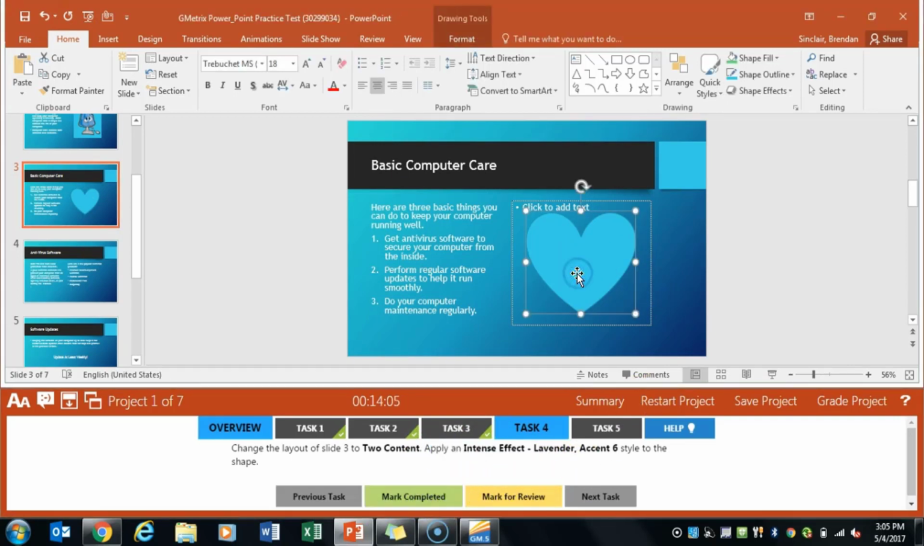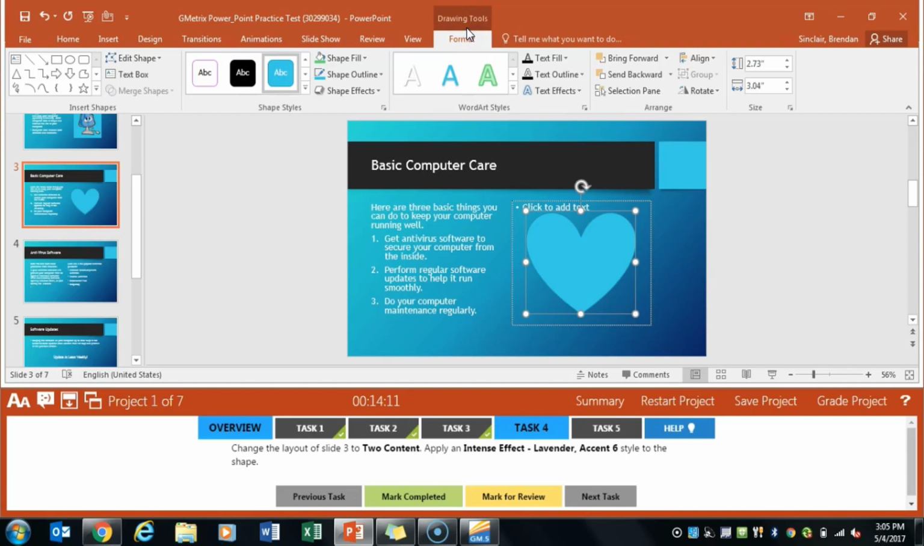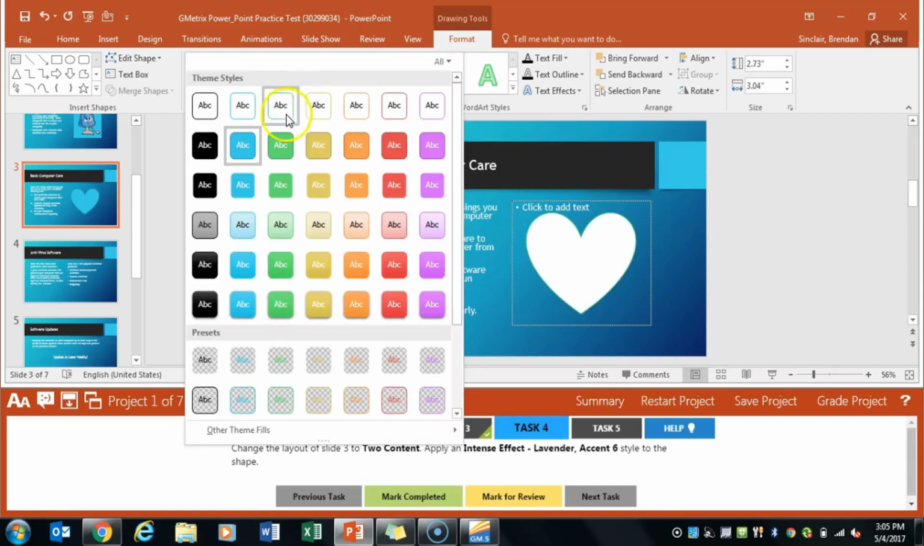Actually, before we move on, we have to apply the Intense effect to that heart shape. So we'll go ahead and select the heart shape. Because we've selected that, we have the Drawing Tools and Format tab. And then where we need to go for this is actually in this area. We'll click this Shape Styles drop down, and we're looking for Intense